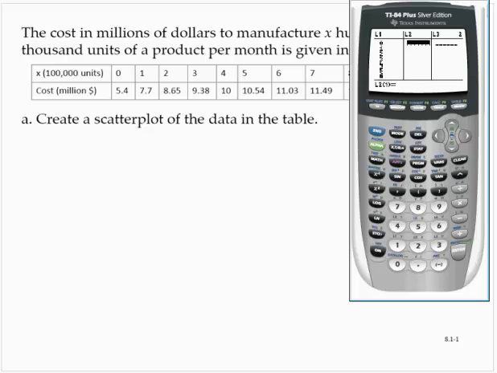And list 2 is the cost, so 5.4, 7.7, 8.65, 9.38, 10,